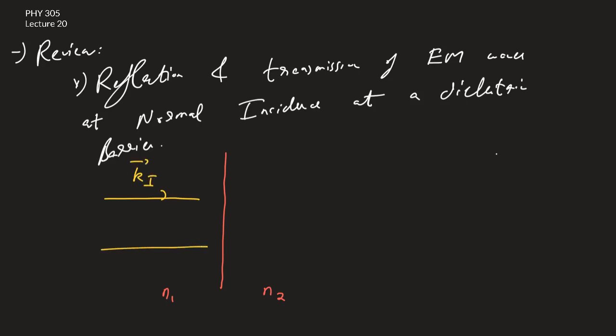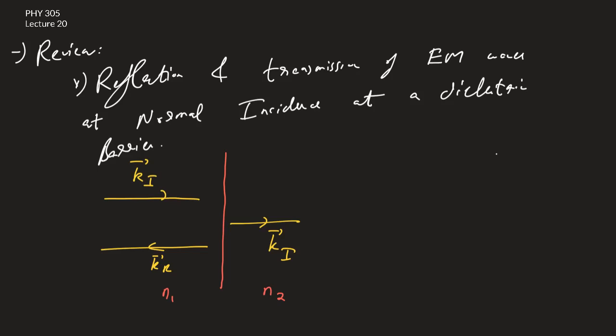You have some reflected wave vector going back, which we denote kr, and you have some transmitted wave vector kt. Given this scenario, we calculated how much of the light is transmitted and how much